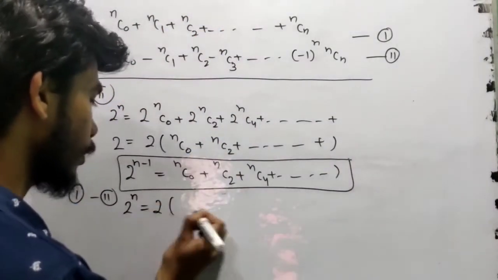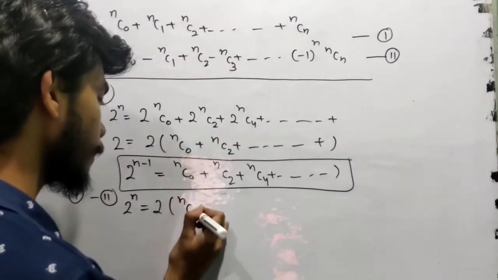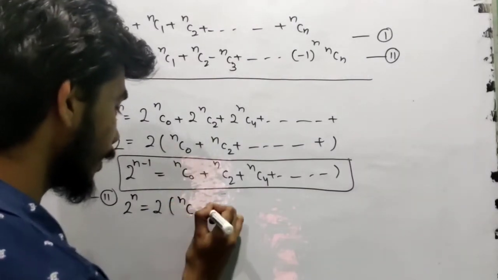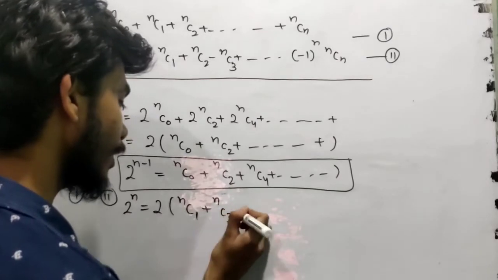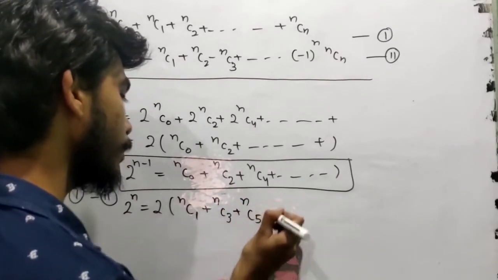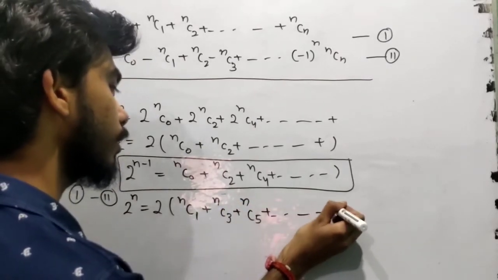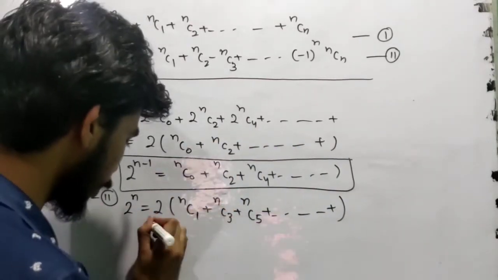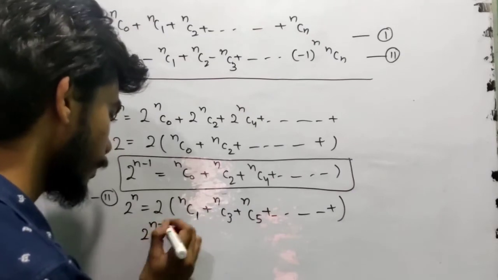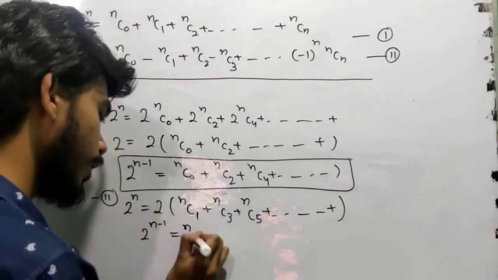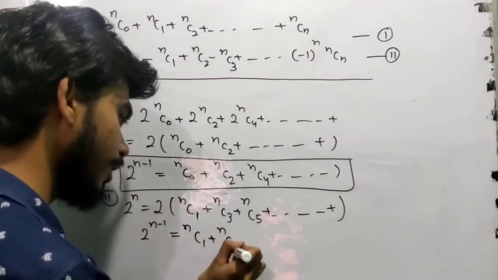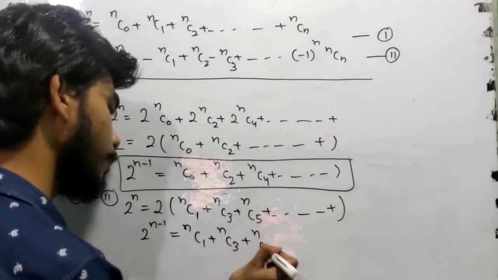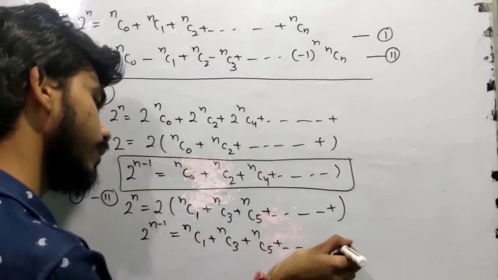So I take 2 common from all the binomial coefficients, and it becomes twice (nC1 + nC3 + nC5 + ...). So the sum of odd binomial coefficients is also 2 to the power n minus 1, equal to nC1 + nC3 + nC5 + ...